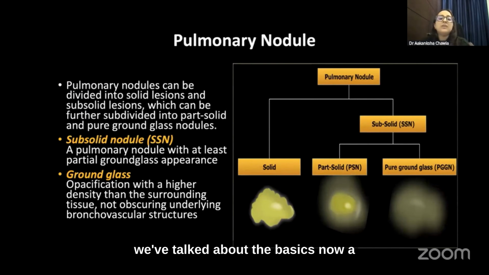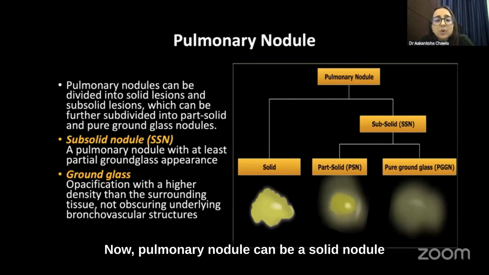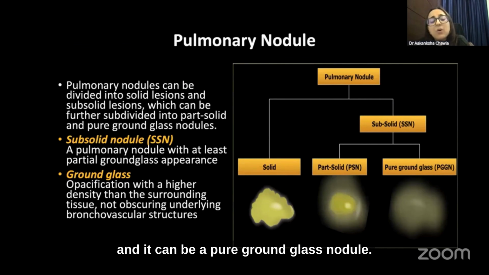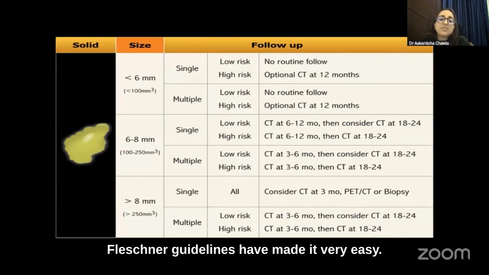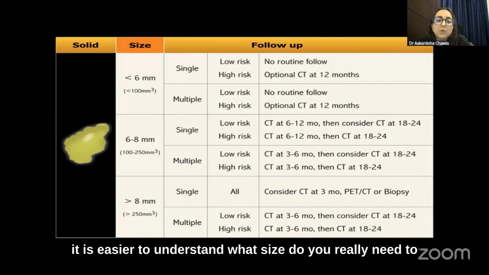So now we've talked about the basics. Now, a little bit in more detail about the pulmonary nodule. A pulmonary nodule can be a solid nodule and can be a subsolid nodule. A subsolid nodule can be part solid, having ground glassing as well as a solid component to it, and it can be a pure ground glass nodule. So, when you talk about solid nodules per se, Fleischner guidelines have made it very easy. And once you understand the follow-up,